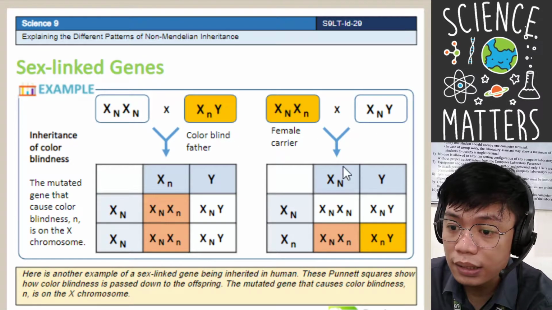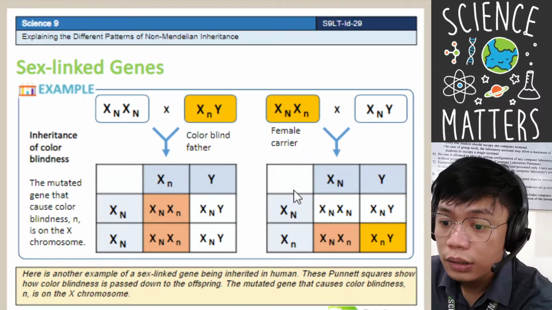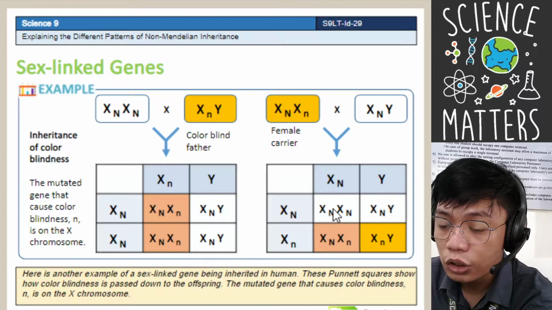So let's see this. Ang magiging kahinatnan nito is XN and XN. So basically,